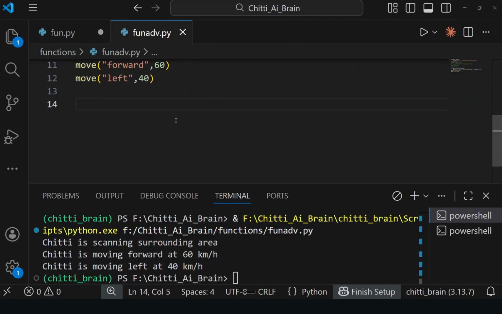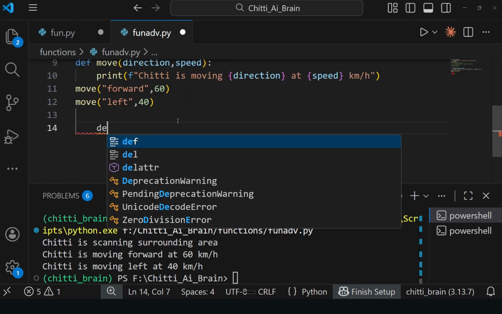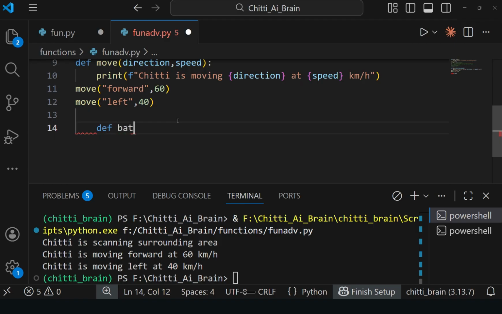Okay, define function battery status, and I am giving level as a parameter. Why am I giving a parameter?